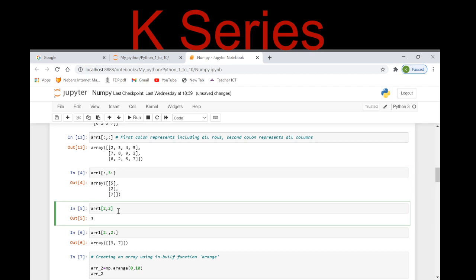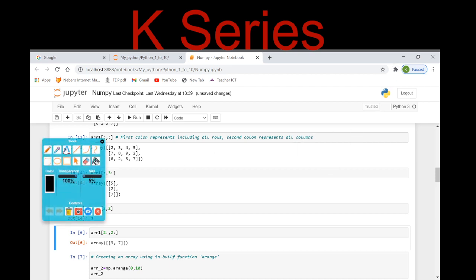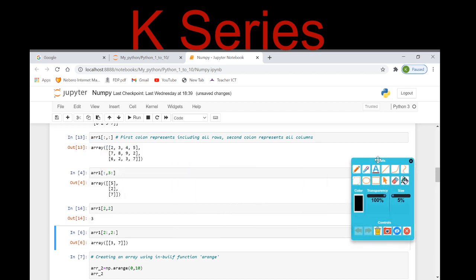Again, see here, array 1, and if I want to get the second row and second column element, I'm just giving that, then it is giving me the value 3. Why is it giving me the value of 3? Let me tell you here. See here, this is 3, right?